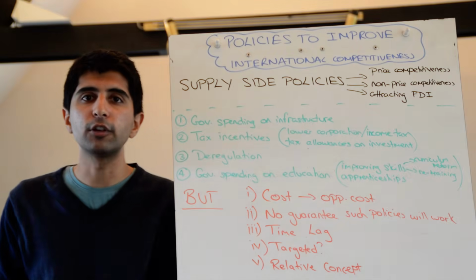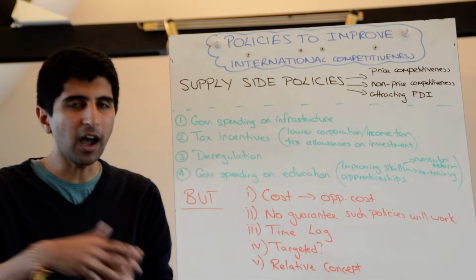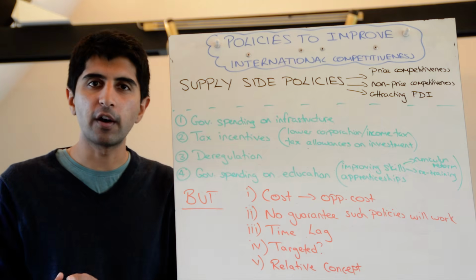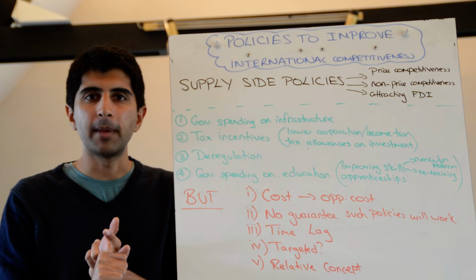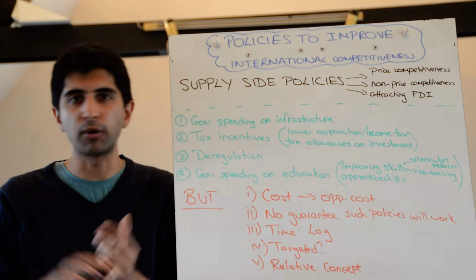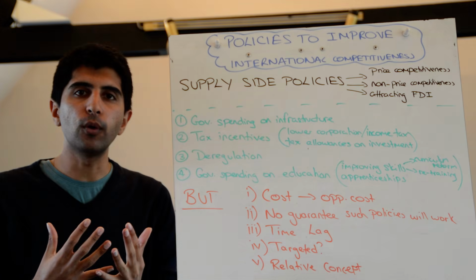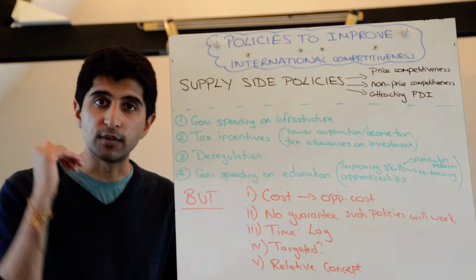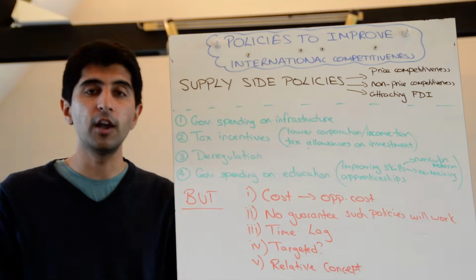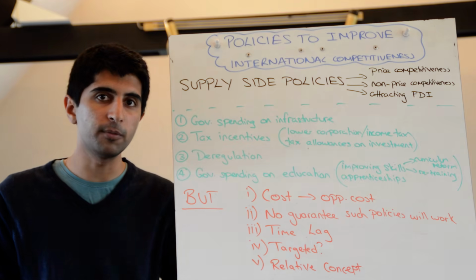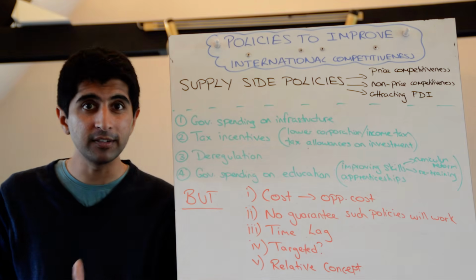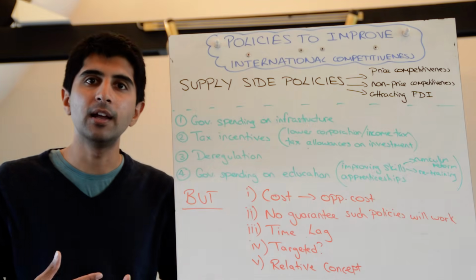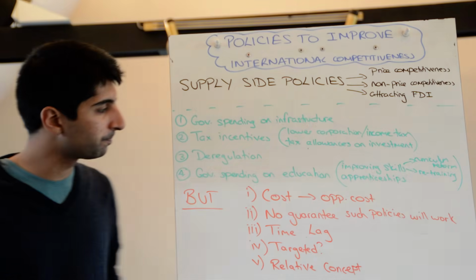Deregulation. We know regulation increases the cost of doing business. If you take unnecessary regulations away, like stringent hiring and firing laws, stringent environmental laws, health and safety standards, product safety standards, all these kinds of laws that increase costs of businesses, take some of those away, again, you're reducing costs of production for businesses, you're improving the productive efficiency of doing business, that may translate into lower prices. If you have a very business-friendly environment, then again, attracting FDI might be more simple.